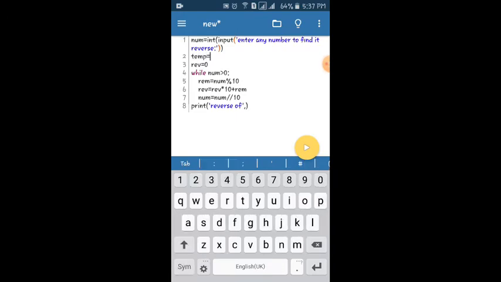So I will take temp is equal to num, and I will use temp here. Reverse of temp is equal to rev, that variable. It means the reverse of the input entered by the user is equal to the number obtained by the program. So let us run it.